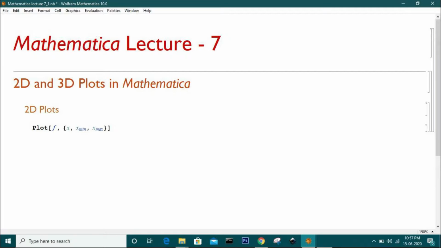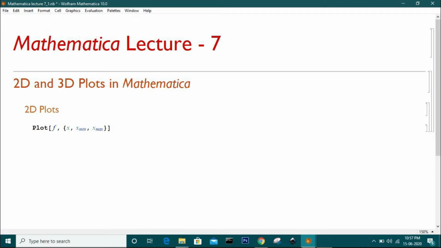As you all know, graphical representations help us to visualize and understand systems more accurately. And unlike other packages, you can do coding and plotting at the same time in Mathematica. In previous videos, I talked about how to code with Mathematica, though those are the very basics of coding and you can do a lot more things in it, and we will learn them time by time.